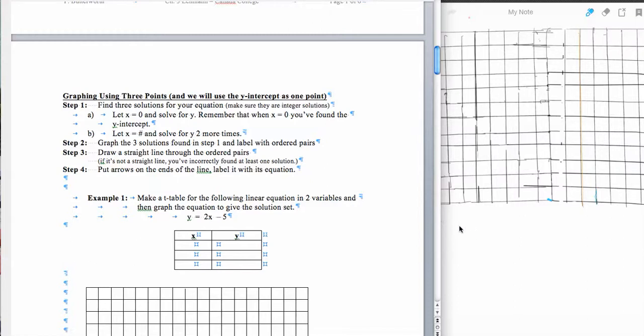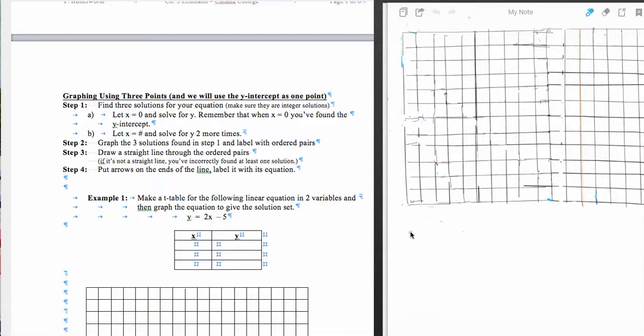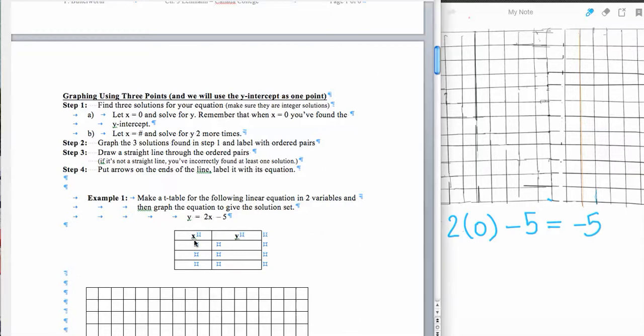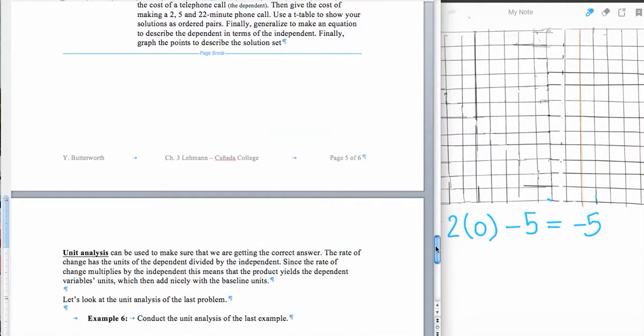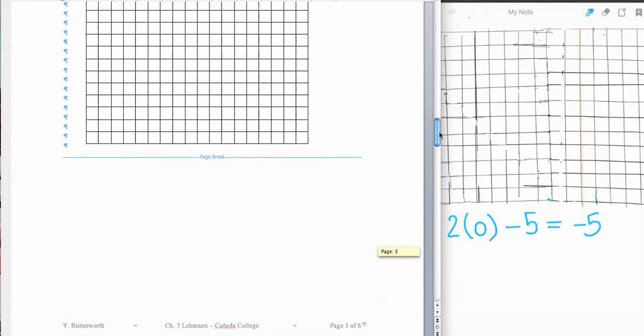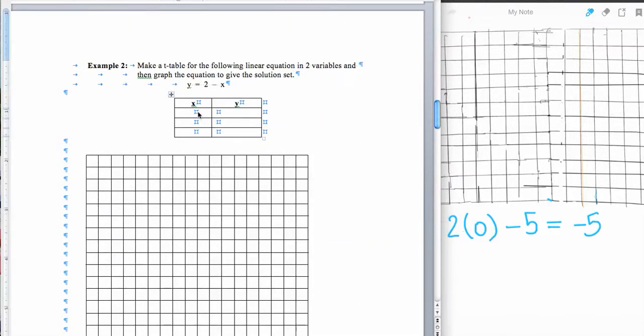So we're going to look at example 1 here. In example 1, we see that y is equal to 2 times x, where x equals 0, and then minus 5. And what we find is a negative 5 here. So when x is equal to 0, y is equal to negative 5. So 0, and then we have a negative 5. And then once we have that, then we want to put in